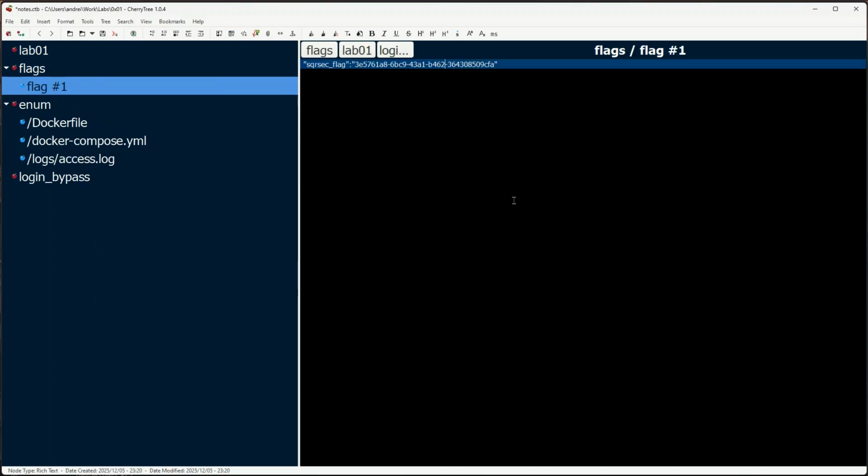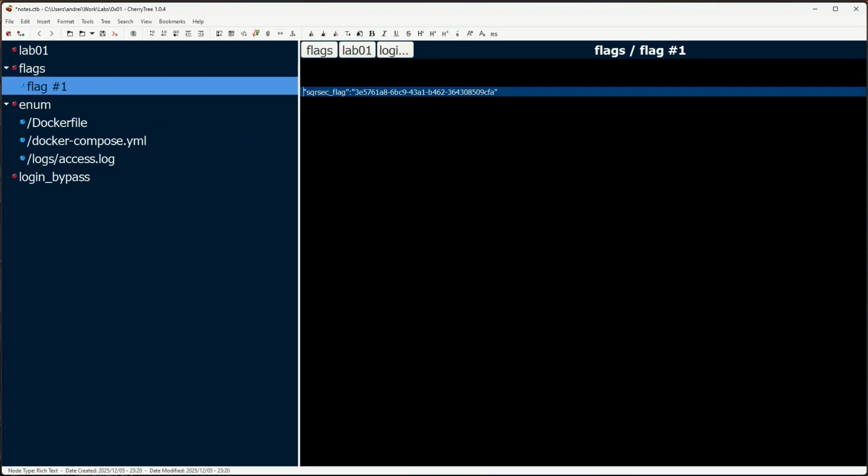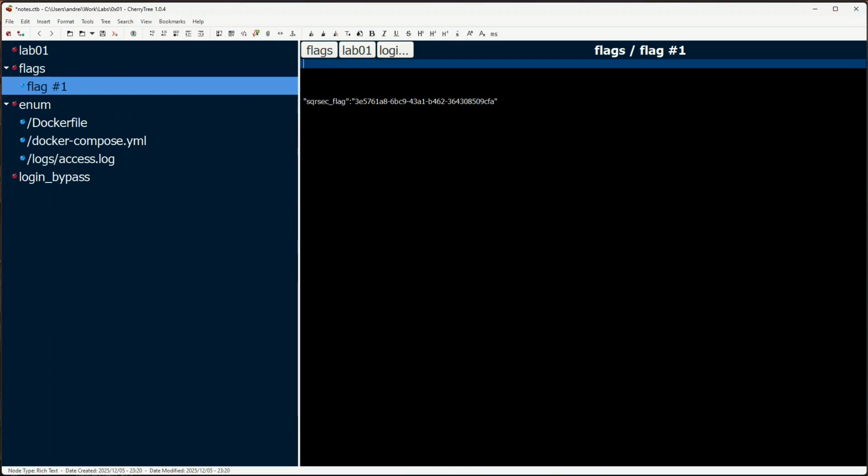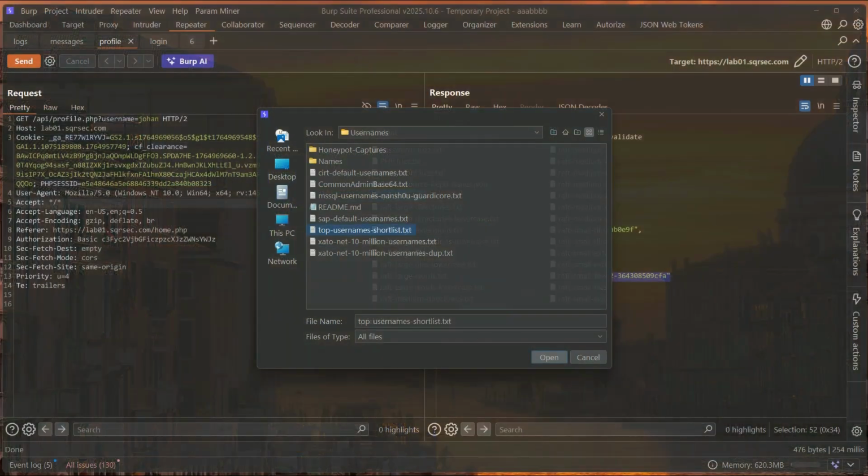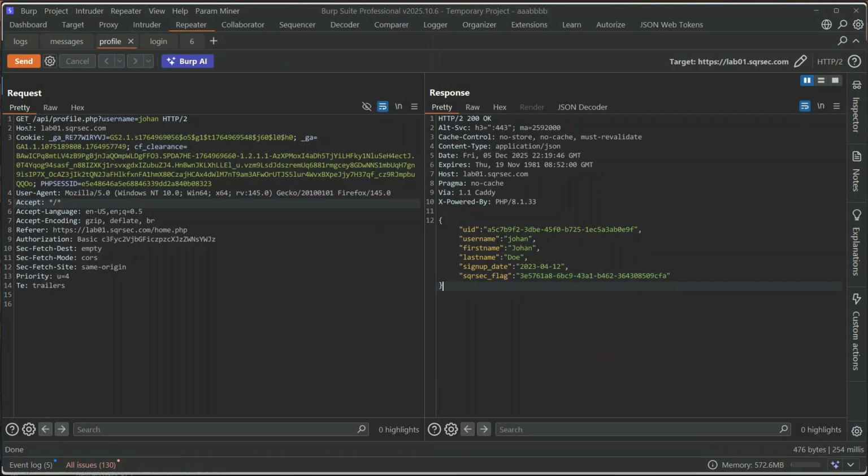I'll put it like here, and let's remember where it was. So it's this request. So it's good to save the whole request, because if at some point you need to